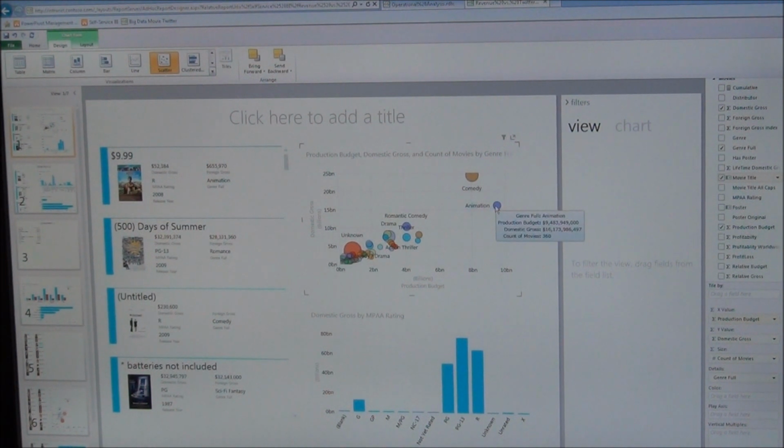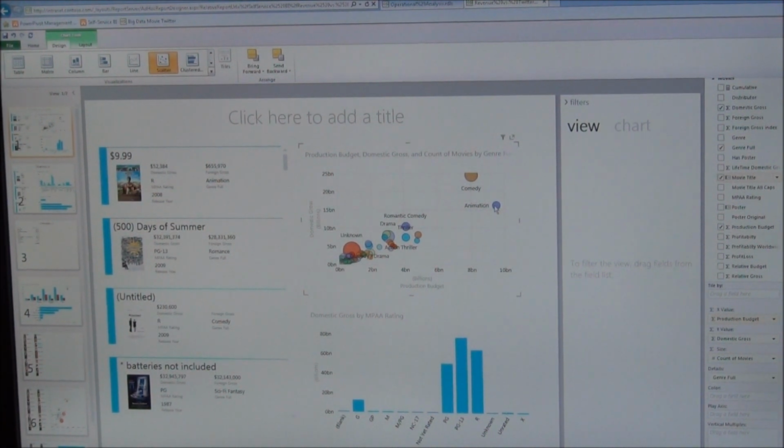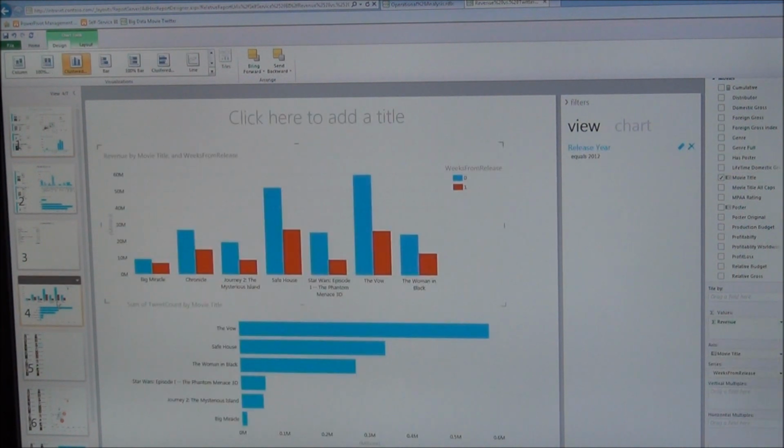And in animations there are fewer but big blockbusters with very high budgets and so on. But in aggregate the returns are not as high as comedy. So that's great. Now the next thing that I want to figure out is that